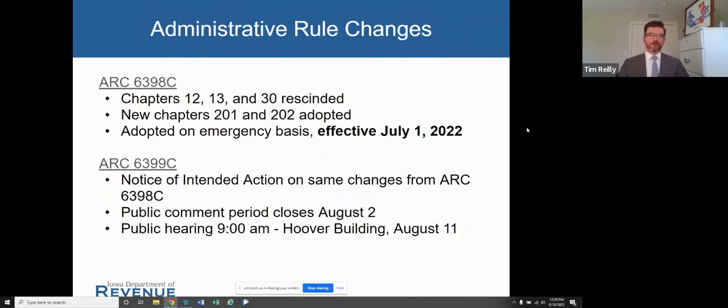In conjunction with these law changes, we've also got changes to administrative rules that dealt with permits, return filing, and payment of tax for sales and use tax. So old chapters 12, 13, and 30 were rescinded. We adopted some new chapters, 201 and 202, to cover both sales and use tax, and those rules went into effect on July 1.